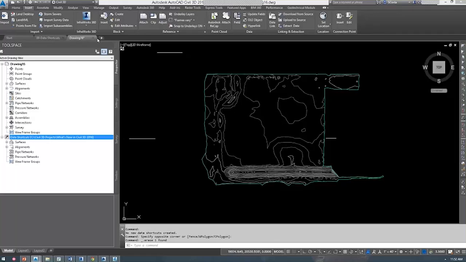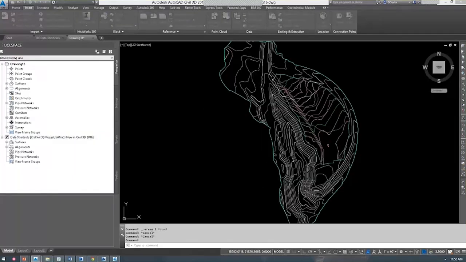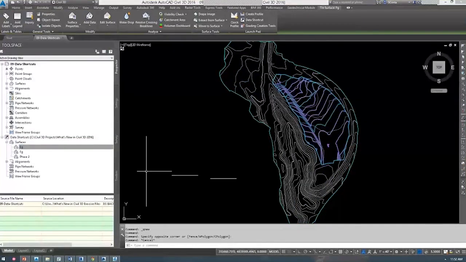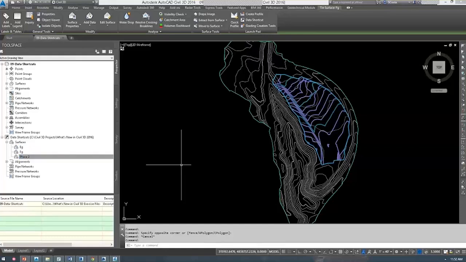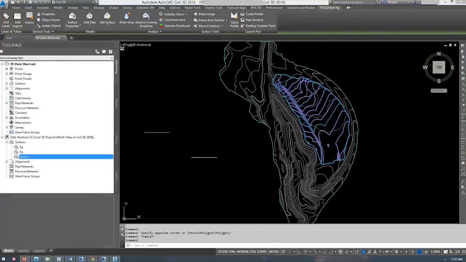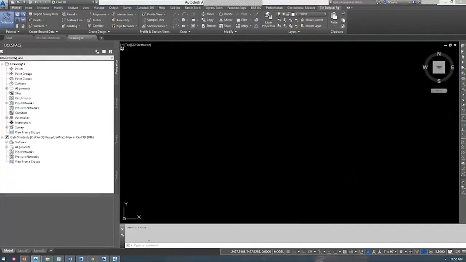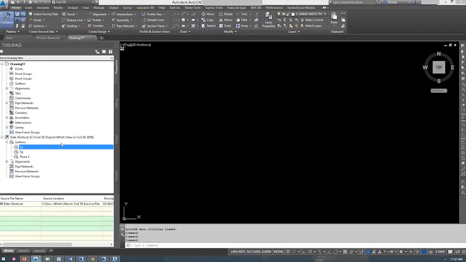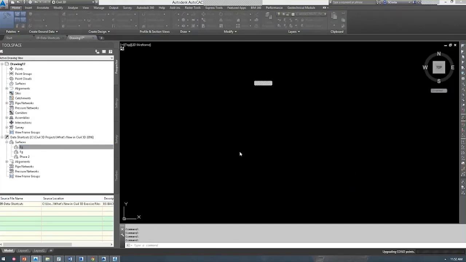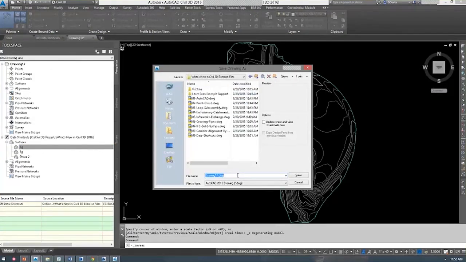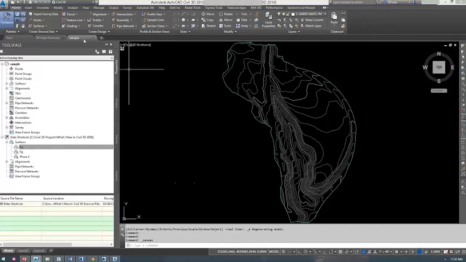All this to say, if I go back to the other drawing, I have a series of surfaces, right? I have EG, which is this surface here. I have FG, which is that surface there, and then I created a phase 2, which was a composite of the two. So suppose I had a series of drawings that were created from scratch, and suppose that they referenced in drawing EG, right? I'm going to go ahead and create that reference, and I'm going to then save that drawing to my What's New folder. I'll go ahead and call this sample.dwg, right? So suppose I was working in existing, but now I want my existing to become my phase 2